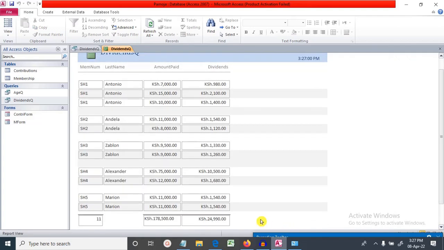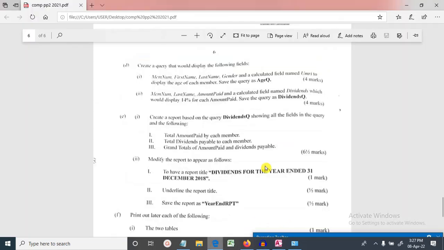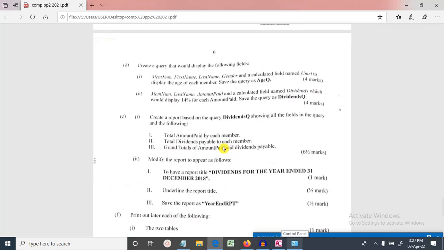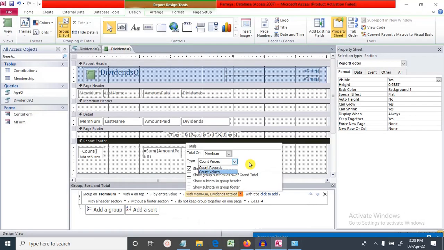So let's check another thing. They want us to print the tables, the two queries. When it comes to printing, you just go to File and Print, check the preview before you print, and then everything will be okay. So this is all about part 2 of Computer Studies